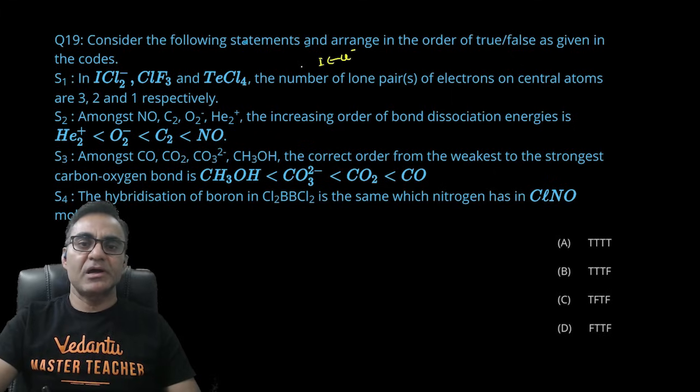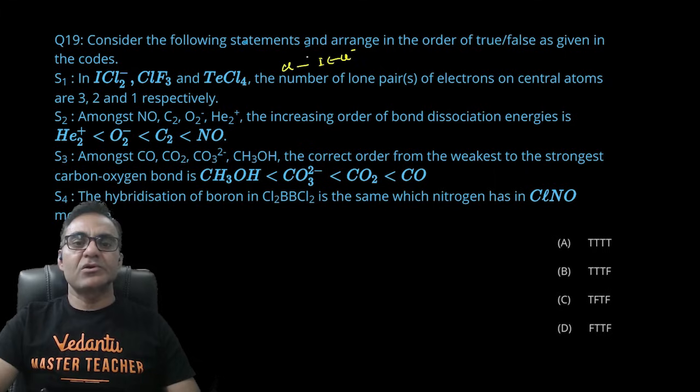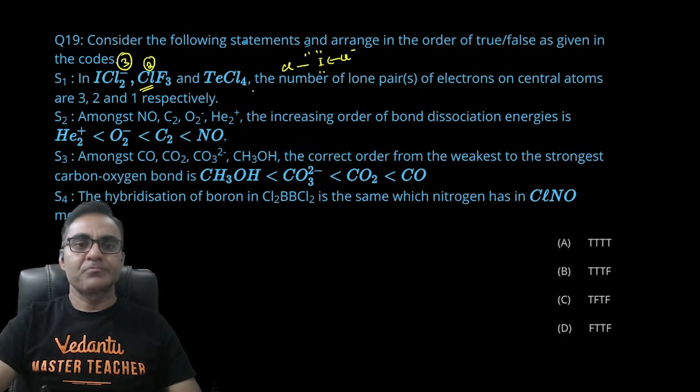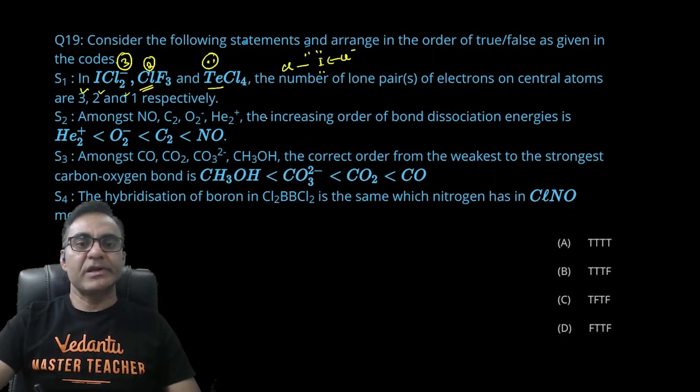अब यहाँ पे आयोडीन से एक्चुअली एक Cl माइनस ने बॉन्ड बना रखा है और एक क्लोरीन ने नॉर्मल कोवलेंट बॉन्ड बना रखा है, यानी इसका सिर्फ एक ही इलेक्ट्रॉन यूटिलाइज हुआ है, तो इसके पास 6 इलेक्ट्रॉन बच गए हैं एज अ लोन पेयर, तो इस पे 3 लोन पेयर हुआ। ClF3 में 7 में से 3 इलेक्ट्रॉन फ्लोरीन के साथ बॉन्डेड हैं, तो 4 बचा, मतलब 2 लोन पेयर हो गया। TeCl4 के अंदर एक लोन पेयर बचेगा, राइट। टोटल इसमें 6 इलेक्ट्रॉन होते हैं, 16 ग्रुप का एलिमेंट है, 4 बॉन्डेड है, एक लोन पेयर यहाँ पे बच जाएगा। तो ये स्टेटमेंट 3, 2, 1 रेस्पेक्टिवली करेक्ट है, पहला वाला ट्रू।